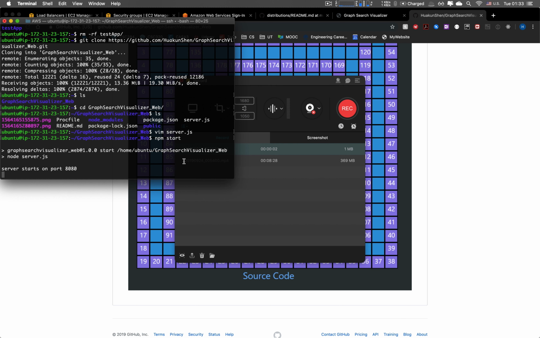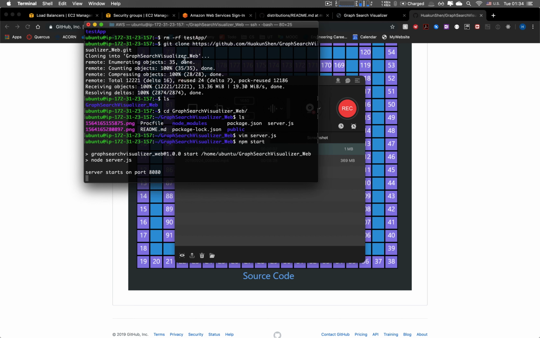But there is a problem. Sometimes it doesn't happen all the time, but sometimes when you quit the SSH session on the web app, the node web app is gonna end automatically,